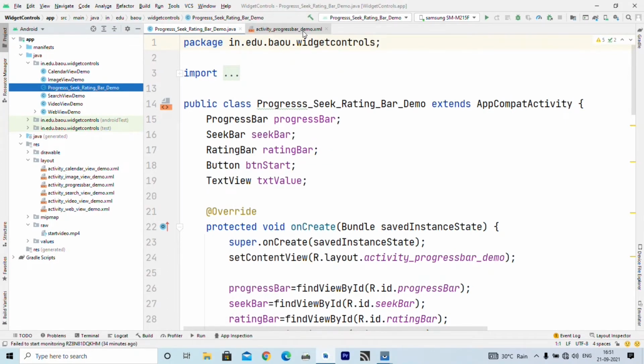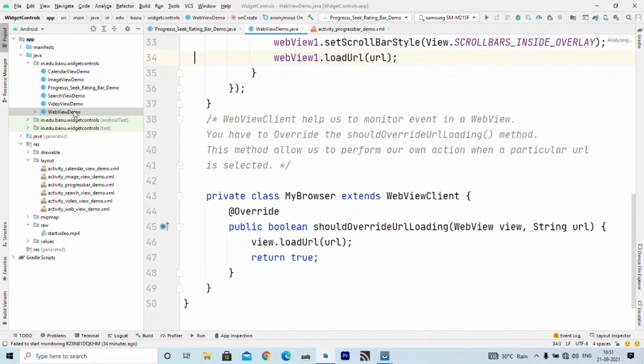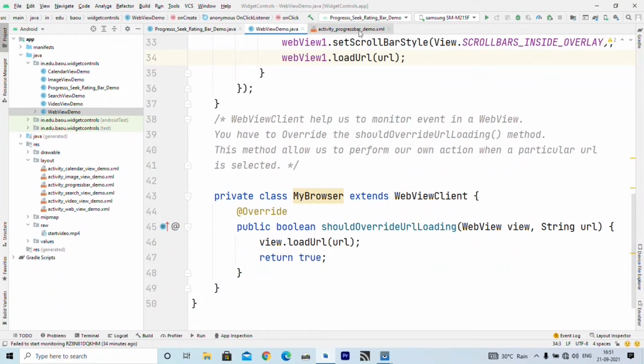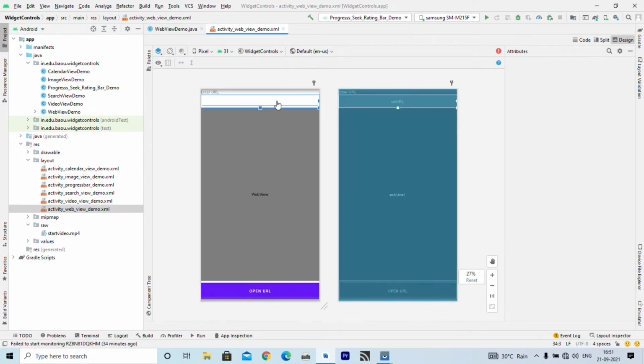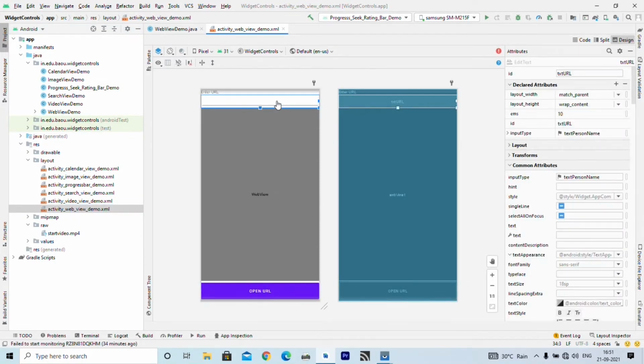The next control we want to discuss is the web view. So I am just clicking on web view demo. This is my Java file and this is my layout file, right? The layout file is very simple. Here is the edit text where you need to enter your URL.